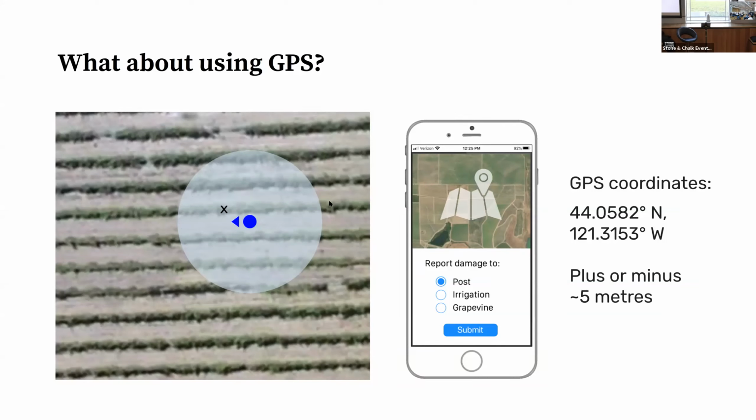And what that means is that when I drop that point, it might end up in the right row, but it could end up 2 or 3 rows off in either direction, depending on my GPS signal. And so if somebody wants to go back and find it and it's 3 rows off, it's actually less helpful than if they just tied the piece of flagging tape on the post in the first place. And that's because what's going on in a vineyard is it's really critical to be able to reference the location of things with regards to those rows.